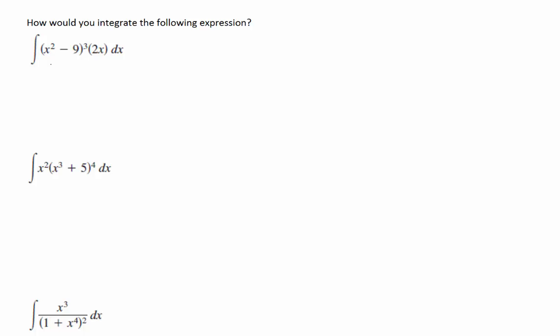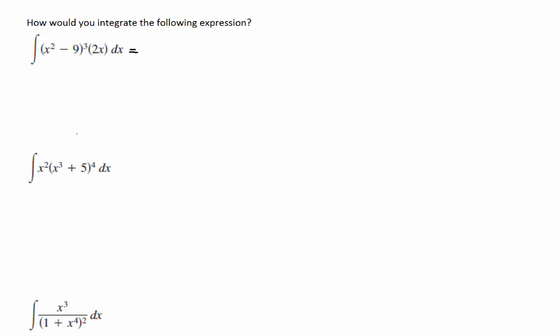to the chain rule. So for example, if you have this expression right here, you could integrate it by firstly expanding this cube, then distributing this to x, and you would then have a polynomial that you could integrate, but that is extremely slow and is not the best way to do it. So what we're going to do instead